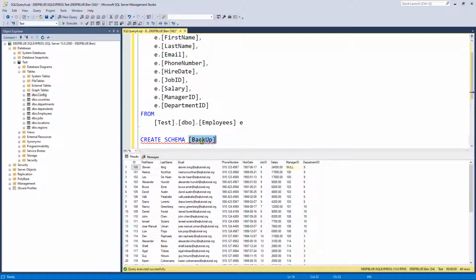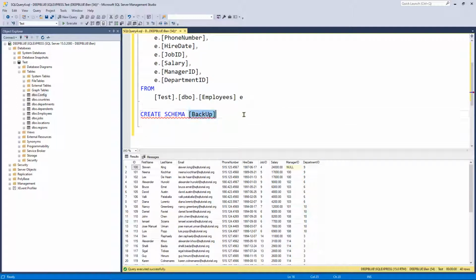Okay, so in this instance, I like to go for Pascal case, and a combination of camel case and Pascal case, depending on what the actual object is. So I'm always going to go for Pascal case, which is uppercase basically for each new word within the name. So backup. Now, if you're not sure what a schema is, just think of a schema as a little bit